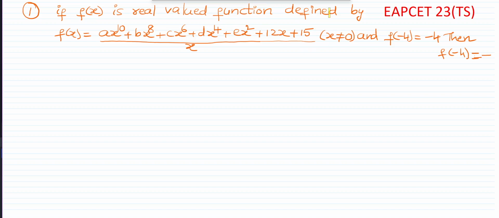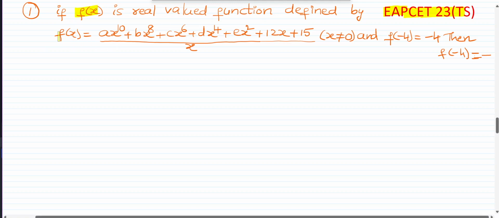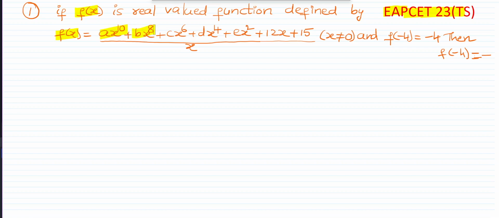This is the first question from functions, TS EAPCET 23. Here f of x is a real valued function defined by f of x is equal to (ax to the power of 10 plus bx to the power of 8 plus cx to the power of 6 plus dx to the power of 4 plus ex square plus 12x plus 15) by x, and x not equal to 0,